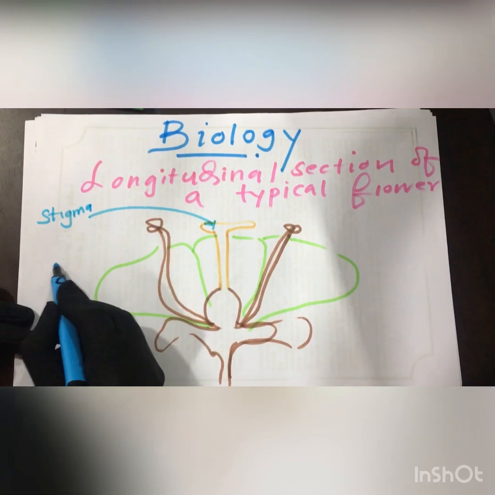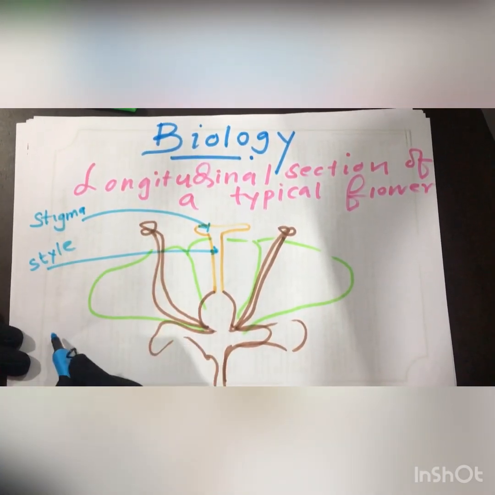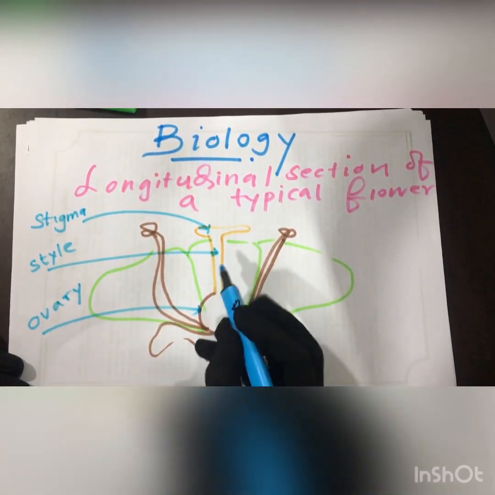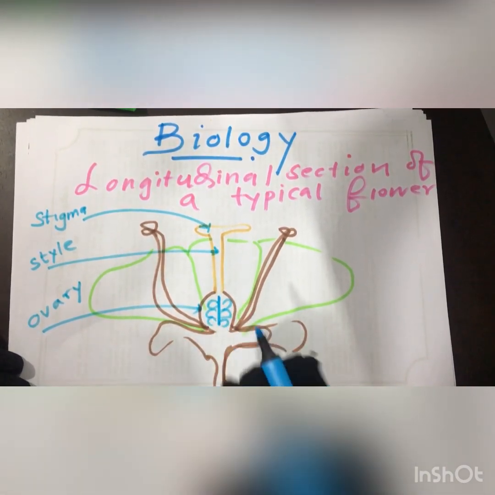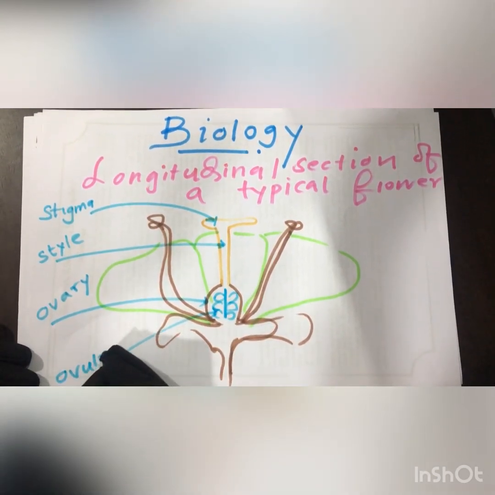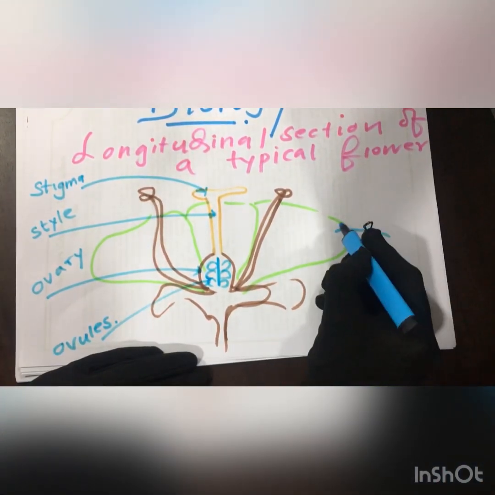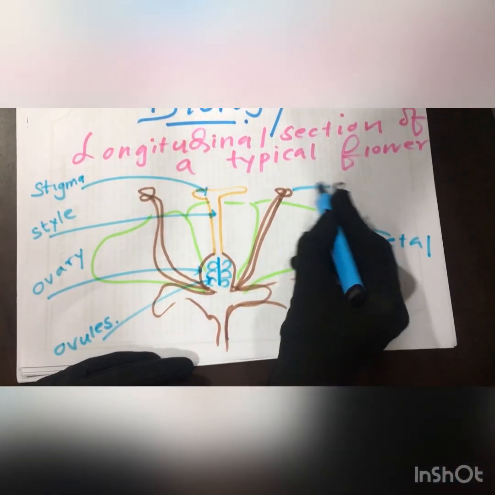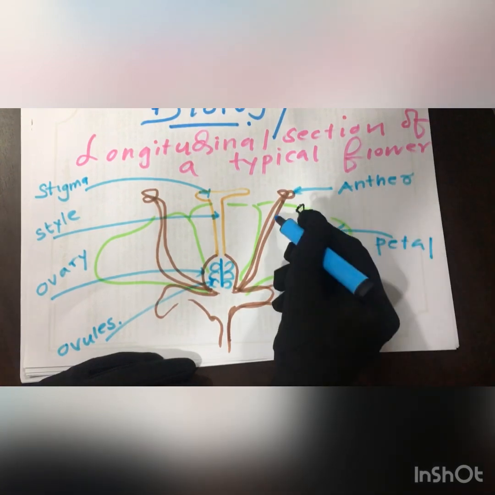and this is the style of the flower, and this is the ovary, and inside the ovary there are structures present that are known as ovules, and this is the petal part of the flower, and this is the anther, and this is the filament,